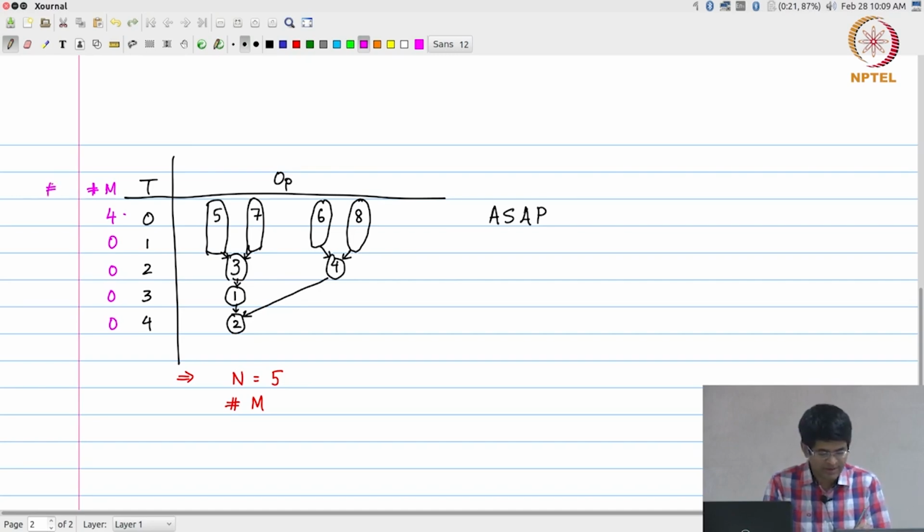What about the number of adders? In time step 0, how many additions am I doing? None. Time step 1, again none. In time step 2, I am going to end up doing how many additions? 2. In time step 3, I do 1, and in time step 4, I do 1. And what I am interested in is the maximum of those values, which basically works out to be 2 in this case and 4 in this case. So the number of multipliers I need is equal to 4 and the number of adders that I need is equal to